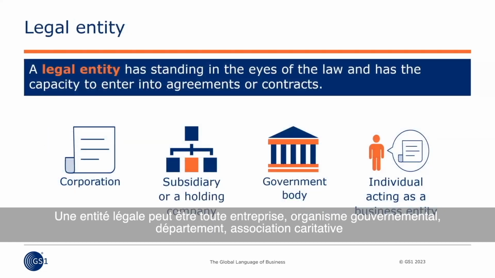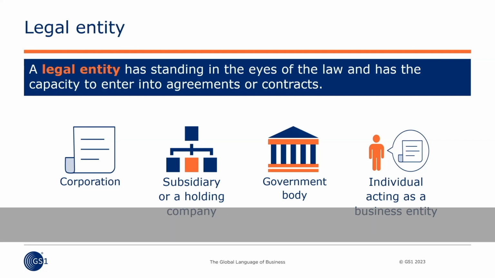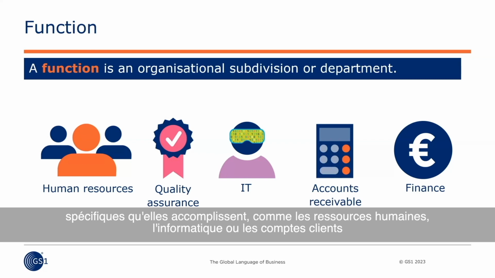A legal entity is any business, government body, department, charity, individual, or institution that has standing in the eyes of the law and has the capacity to enter into agreements or contracts. A function is an organizational subdivision or department. Functions identified by GLN are commonly segmented based on the specific tasks being performed, such as human resources, IT, or